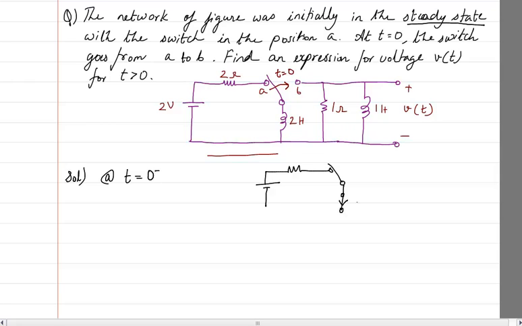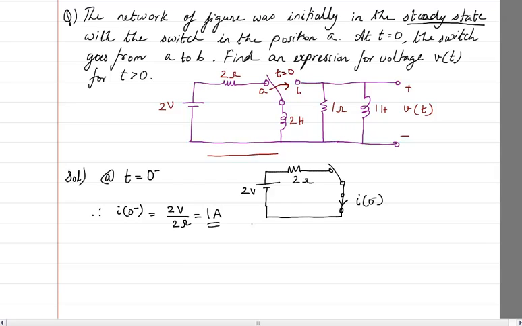And what is the current that is going through it? That is going to be your initial current, the initial condition current through the inductor. So what is going to be that? So this is 2 volt, this is 2 ohms. Therefore I naught minus is going to be equal to 2 volt divided by 2 ohms. It's going to be 1 ampere. So this is the initial condition